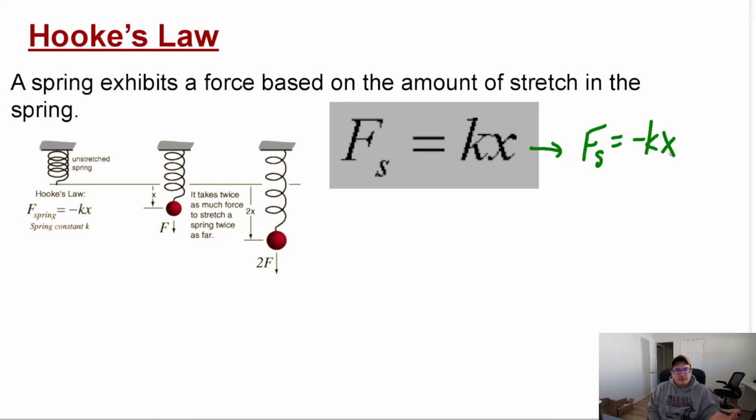So if you look up Hooke's law, you'll kind of see two versions of this formula. One's positive, one's negative. What I'm going to say is that for the sake of this class, we're just going to use the force of a spring equals kx. And with that, we're not going to worry about our frame of reference questions. Okay? So that being said, let's actually move on to it. Let's erase all that. Now,